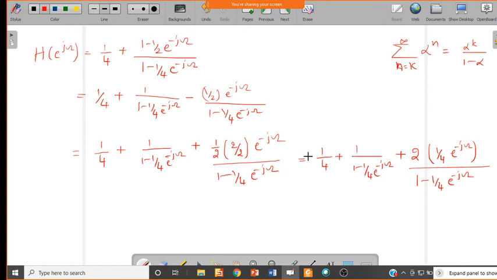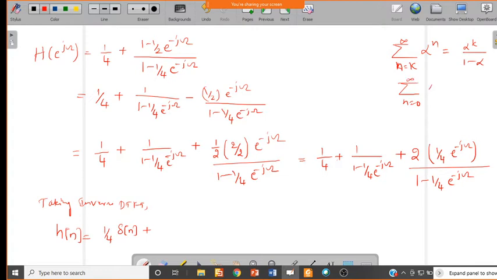Okay, so now if you take the inverse DTFT, then you will get the impulse response. So now what is your impulse response? h of n equal to 1 by 4, so 1 we can write as the impulse function del of n plus, so now this we can write like